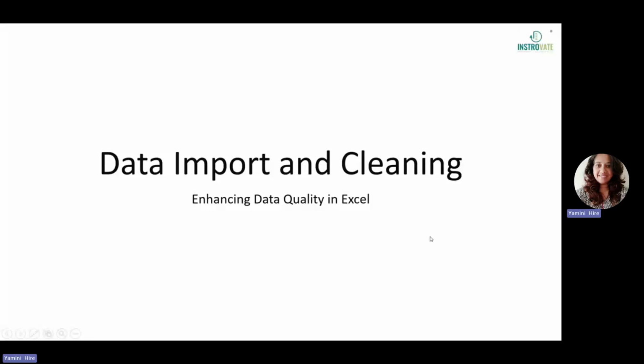Hello everyone, welcome to module 2, importing and cleaning data. In this module, there are two important parts we are going to discuss: how to import data into Excel, like if we want to import data from a text file or CSV file or external database, how we are going to do that, and what the data cleaning